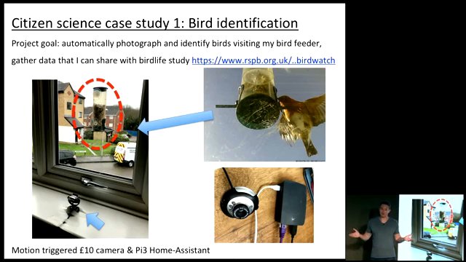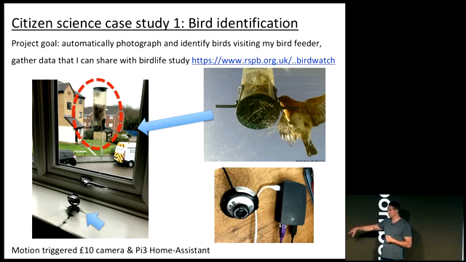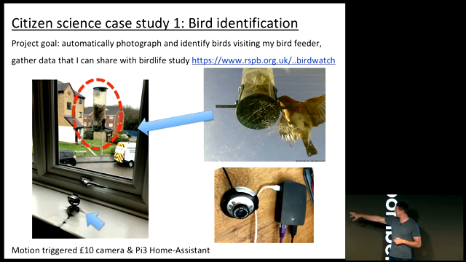Well, I thought, well, I've got Home Assistant, and I like to learn about new technology, so why don't we see if we can have Home Assistant automatically capture images of these birds and preferably classify the birds that it's seeing as well. So what I did is I purchased, in this case, a £10 USB webcam. I plugged it into my Raspberry Pi 3, which is running Home Assistant, and I stuck it on my windowsill pointing at the bird feeder. And this is a typical image that I would capture.